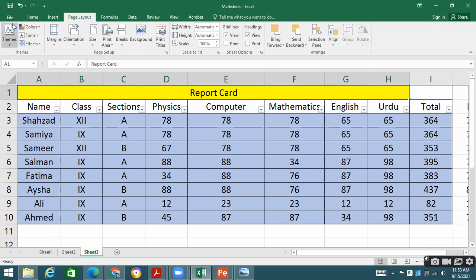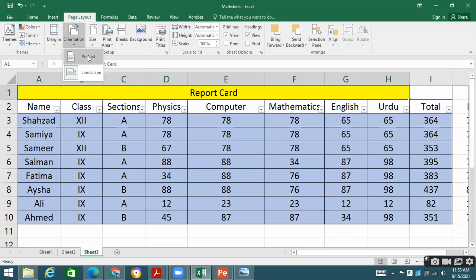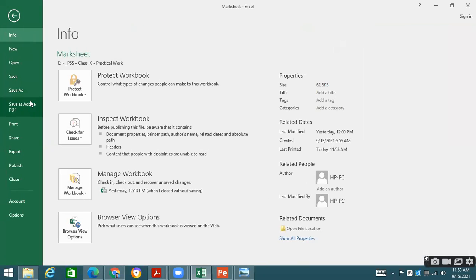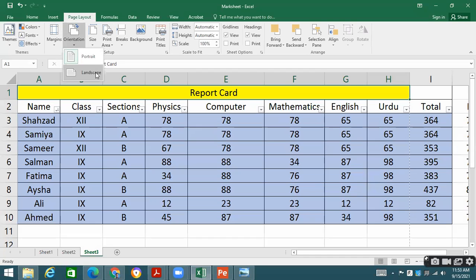When you place it landscape, go to print and see that the page is now landscape. You can see over here. If you take it as portrait, you will be able to see that it is showing you in portrait design. But normally it depends on the type of the data, what kind of data it is, whether it is landscape or portrait. So we have to do it accordingly.